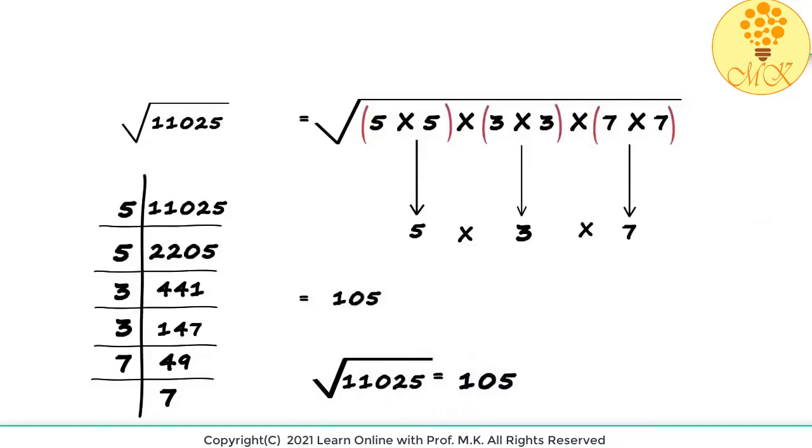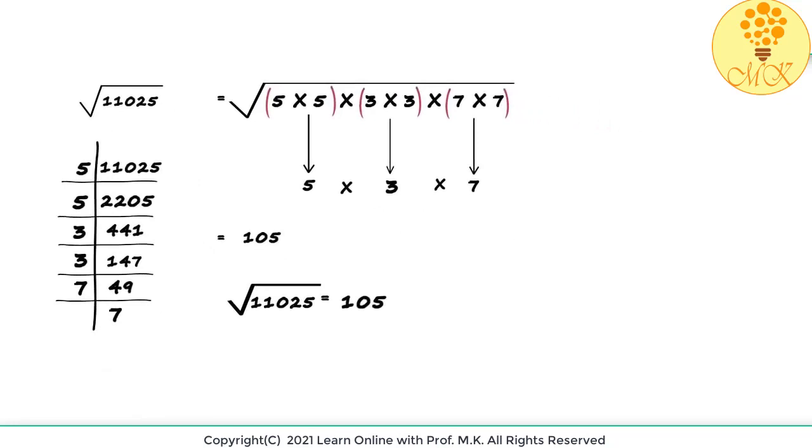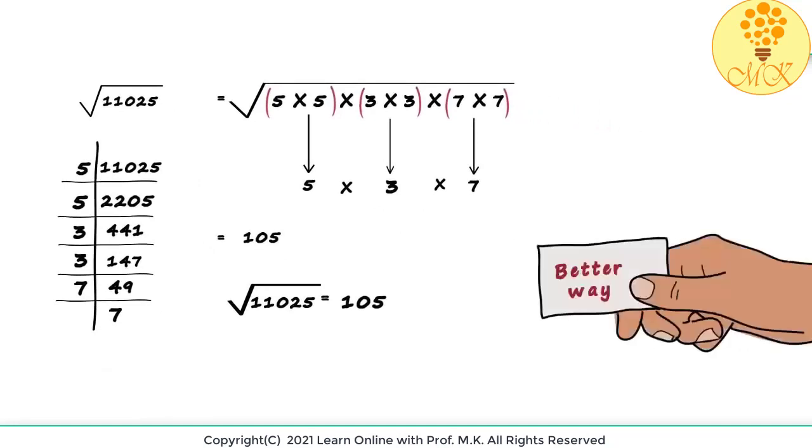This part of the problem, where we choose one number from each pair, is really simple. What we really need to be good at is finding the prime factors quickly. Here's another interesting thing you need to know. Finding the prime factors of large numbers can be difficult and tedious. So yes, there is a better way to find them, which we will see in the coming videos.